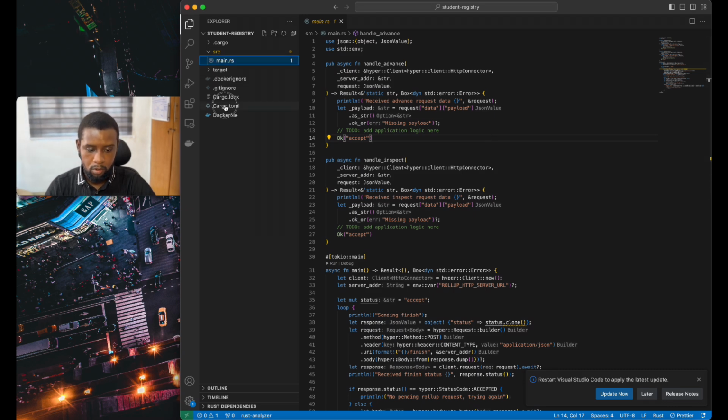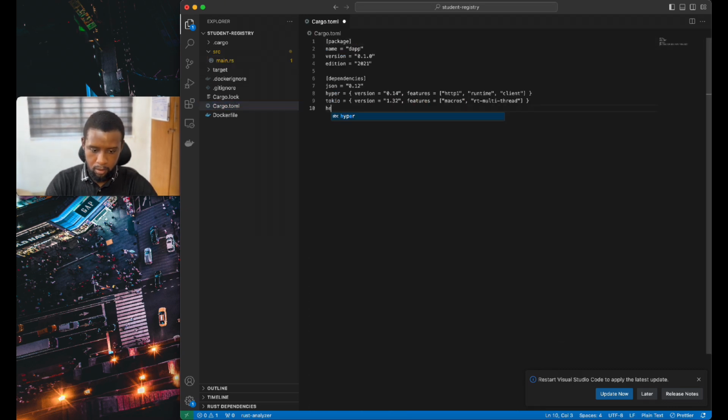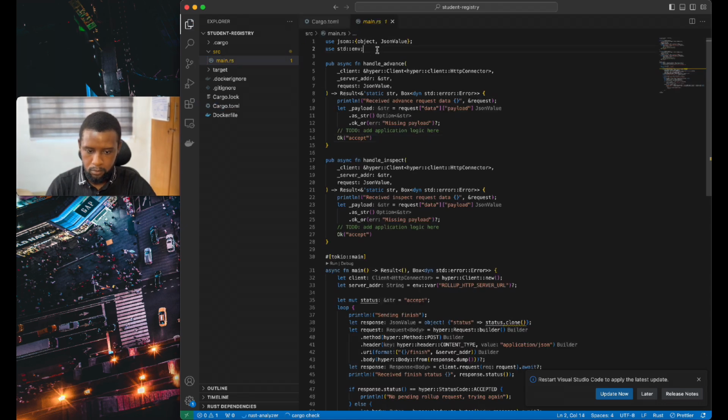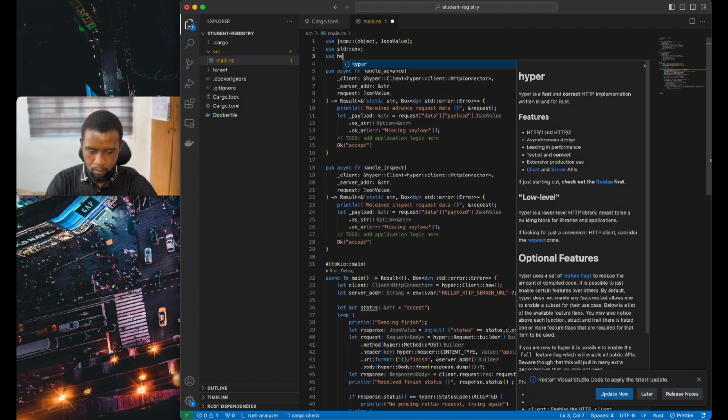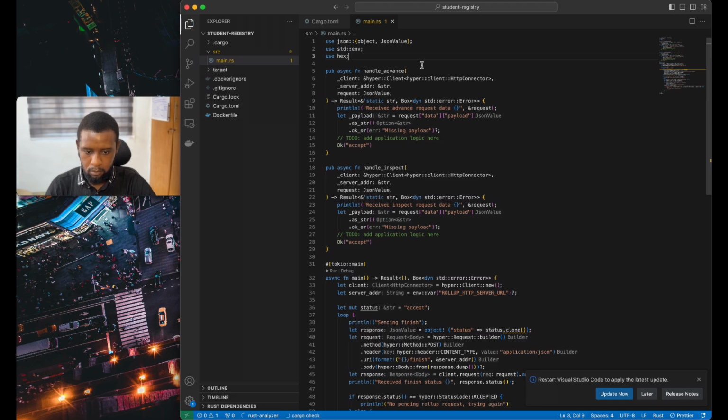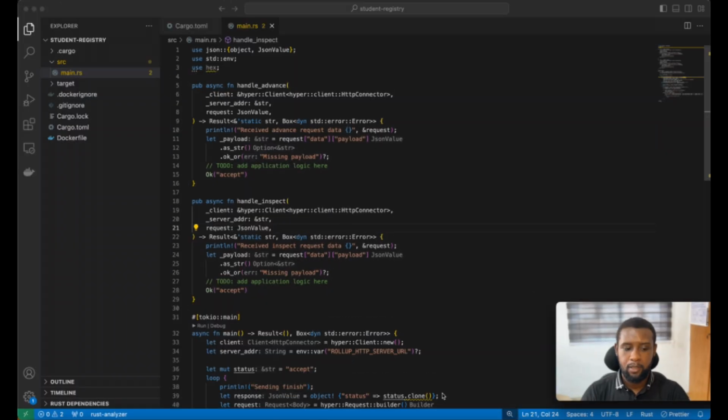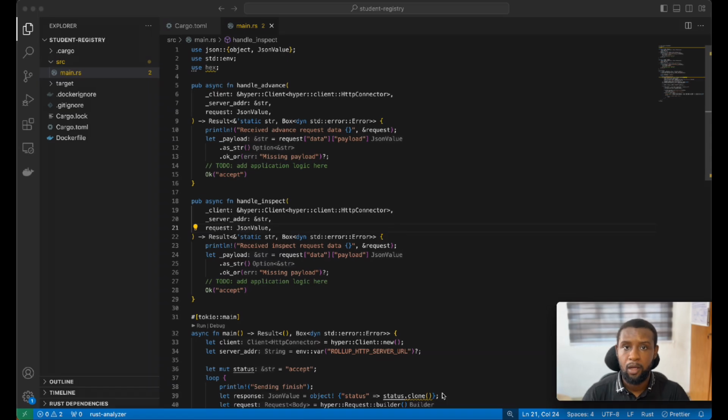So we go straight up to the cargo.toml file, then add this here: hex equals 0.4. Now that we've bootstrapped our new dApp and added the hex dependency, which we'll be making use of a whole lot,